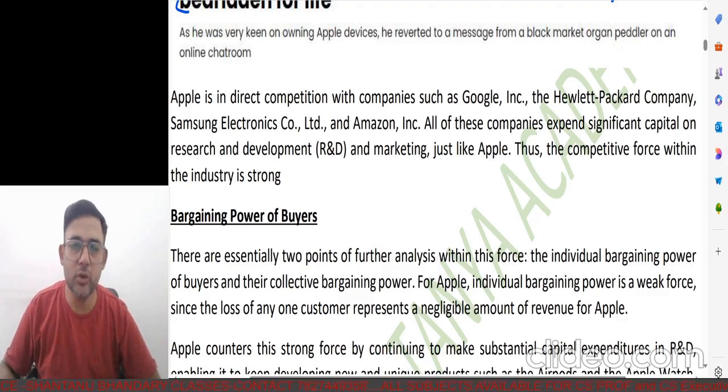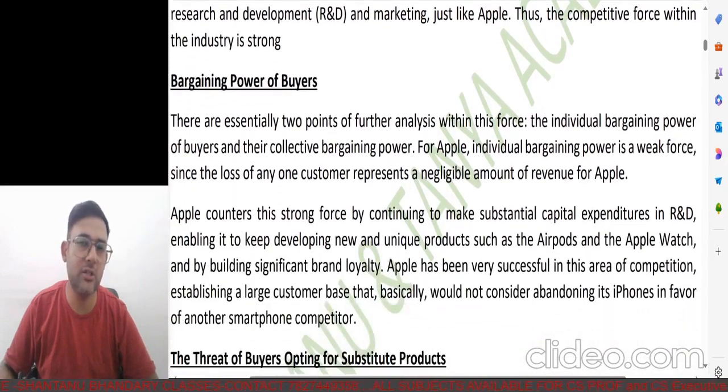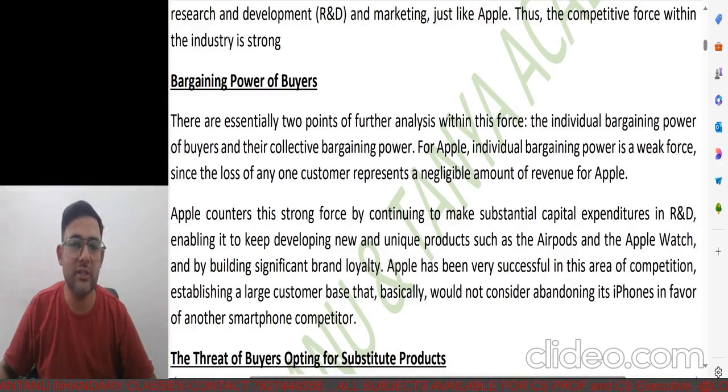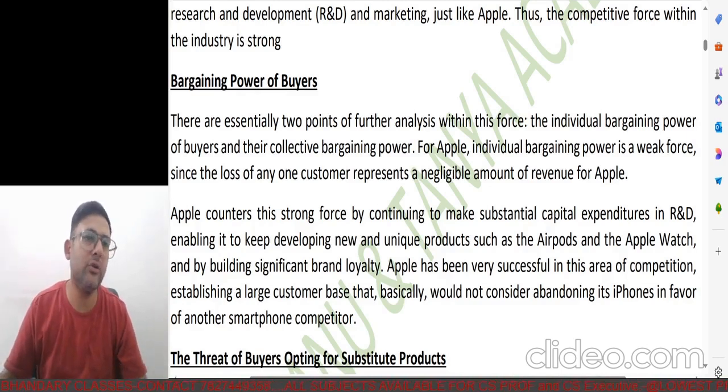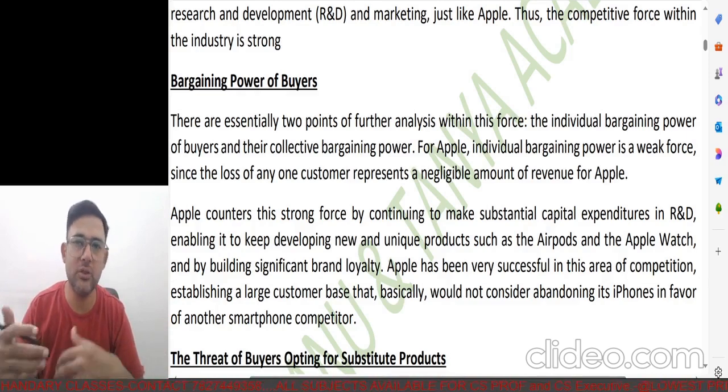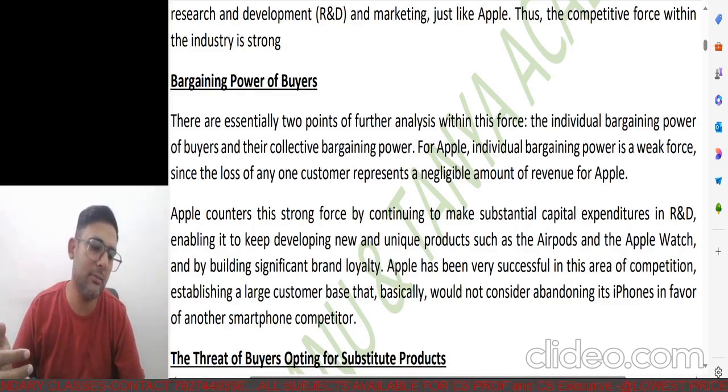So Apple is known for its R&D, for providing new features and probably new technologies, all of that. So it says bargaining. If we apply the Porter principle to this theory, it says bargaining power of the buyers. Actually, it's nothing, because when we talk about those two things, individual and collective bargaining power: if I don't buy an Apple iPhone or watch or iPad or anything, it doesn't really affect them in any way. But if we all don't do that, it will affect them. So the individual, they don't really care about it, to be very honest. It doesn't really matter to them.